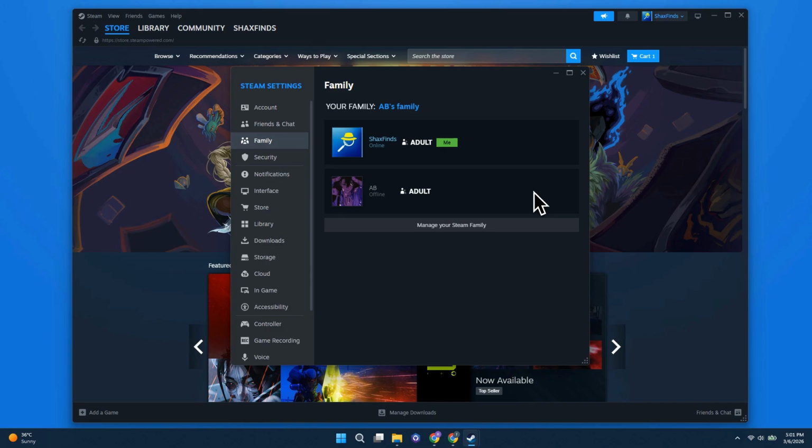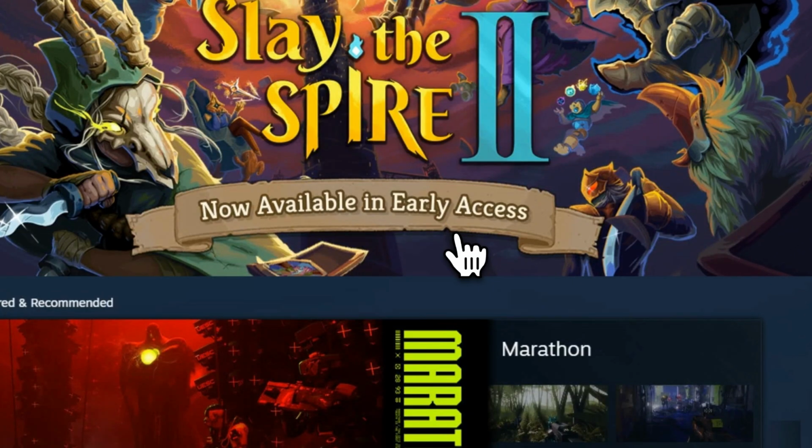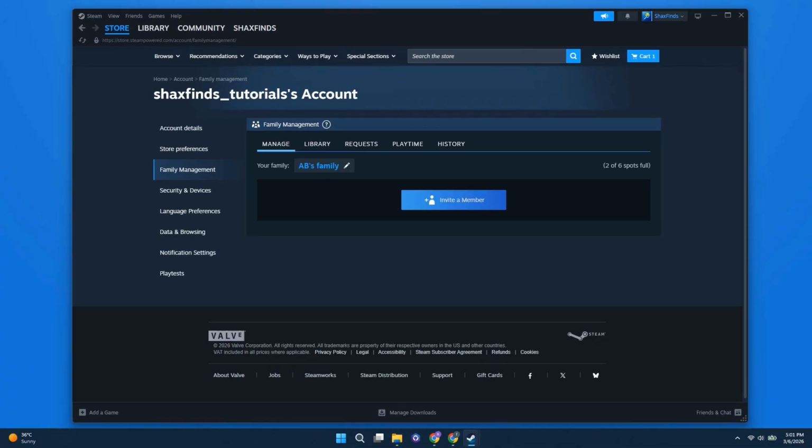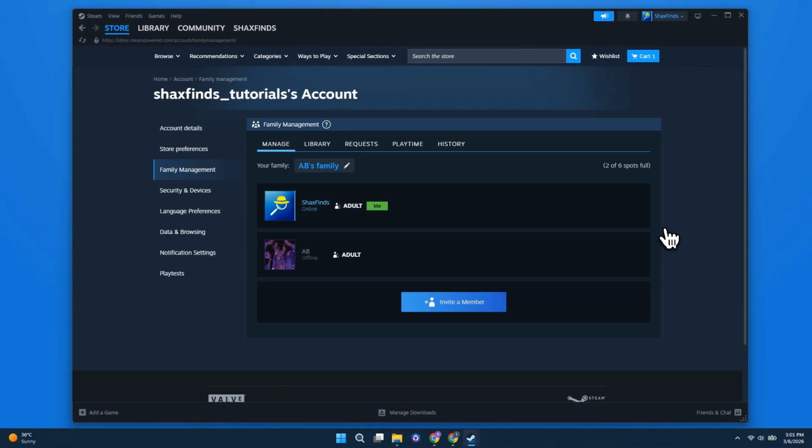Now, if you haven't created your family yet, you will see the option Create or Join Family. Then you simply need to create your Steam family. Once your Steam family has been successfully created, you will see an interface similar to this. From here, you need to click on Manage Your Steam Library. And after clicking on it, you will be taken to this page where you can manage and share your library